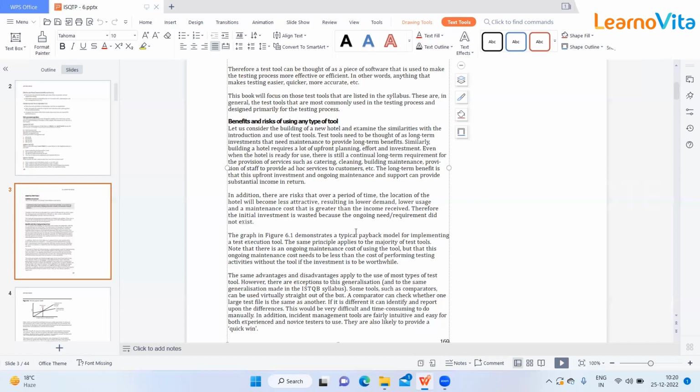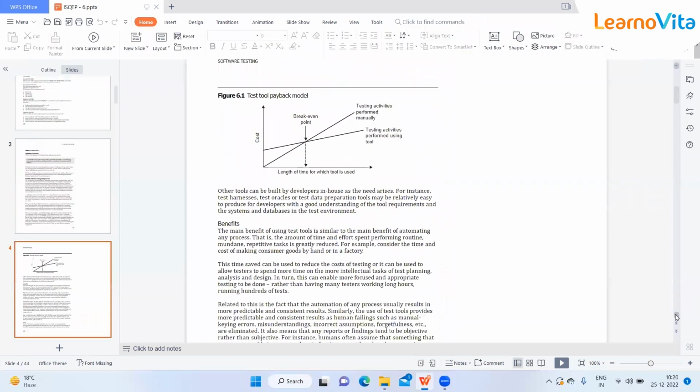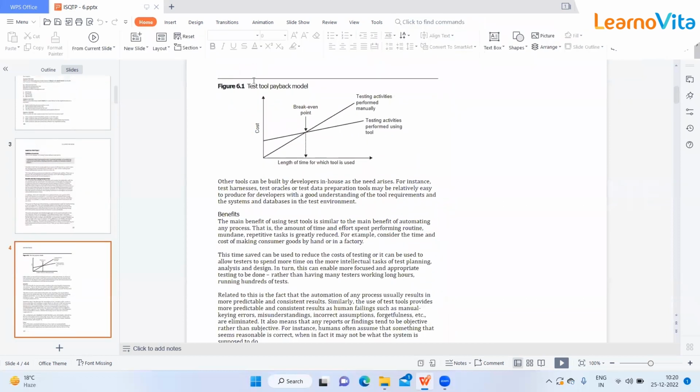So the organization has to decide which tool they want. Now they are just explaining this graph, so I just want to explain that. They are showing this graph for us, the test tool payback model. Because if they are using a tool, definitely in terms of the benefit, they will require more benefit